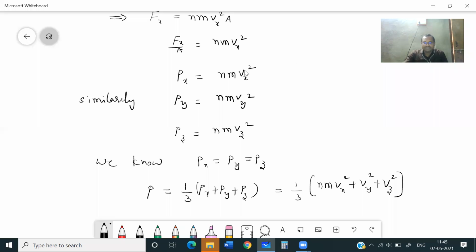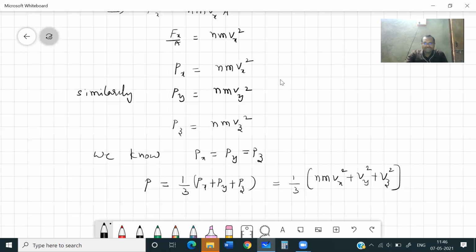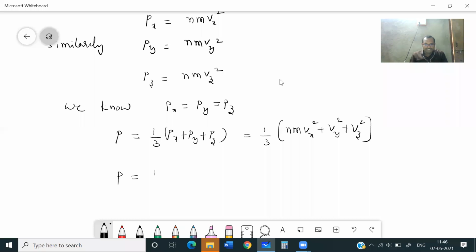That means the pressure exerted by the gas will become P is equal to 1/3 times of n m vx square plus vy square plus vz square. Okay, this is just the equation I have written. This v square is nothing but